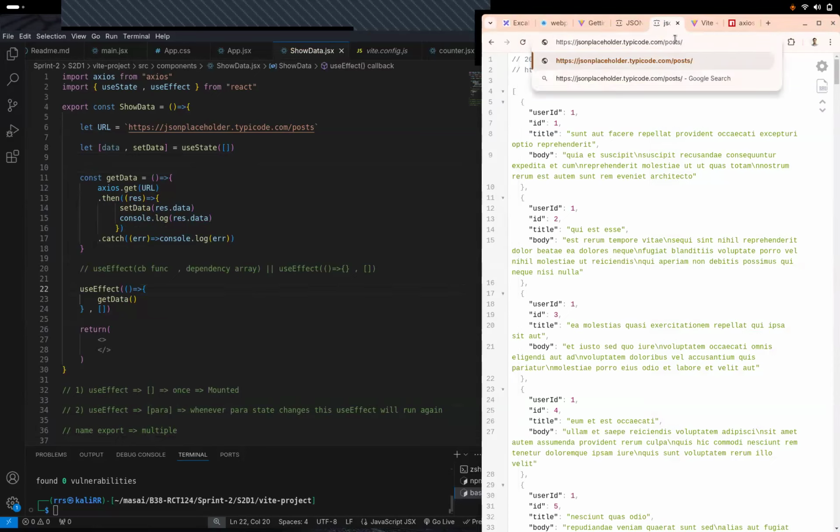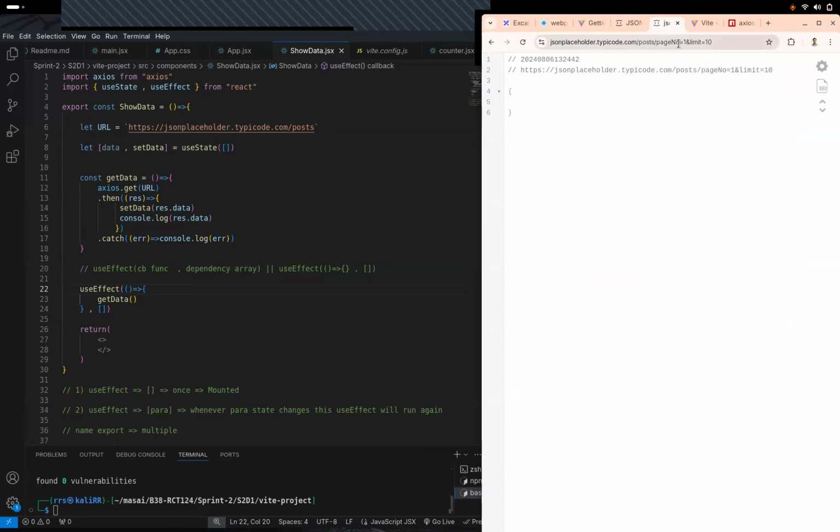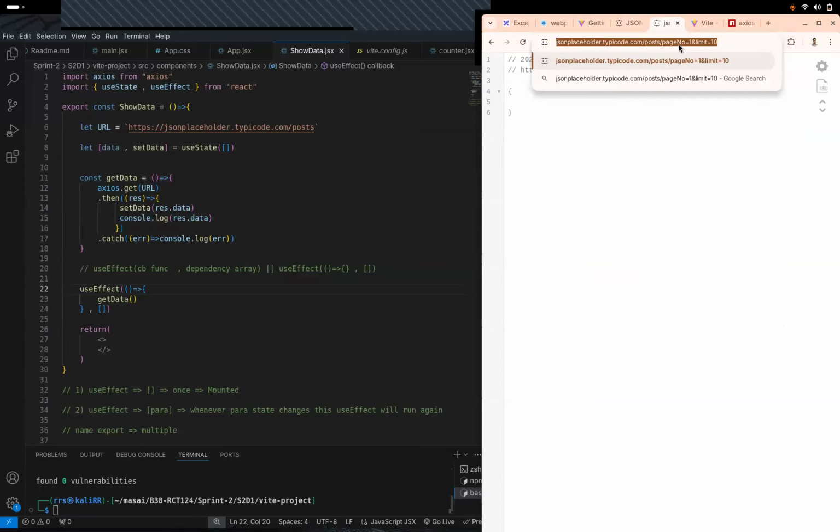I think I remember it. Anyone tried pagination? Because I don't want to check the documentation for it. I mean, it's either page number, if I remember correctly, page number 1 and the limit as 10, right? It's either this or it's underscore.